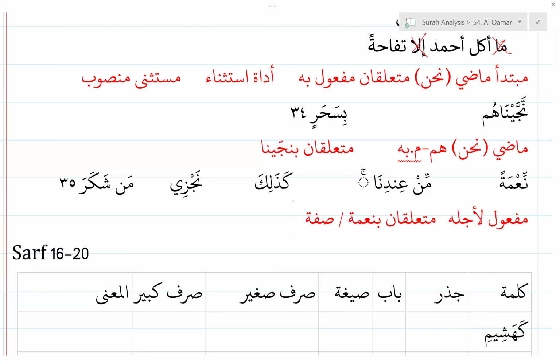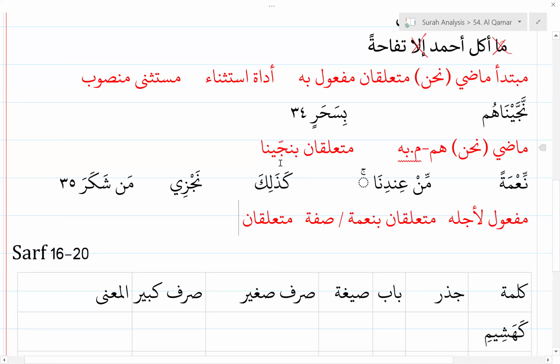كذلك نجزي من شكر. ذلك, ka is harf jar. Zalika is majroor. Jar majroor. Yes. So this we can say jar majroor muta'alliq. This is a simple way of just looking at it. Basic, simple way. Because the thing is كذلك,